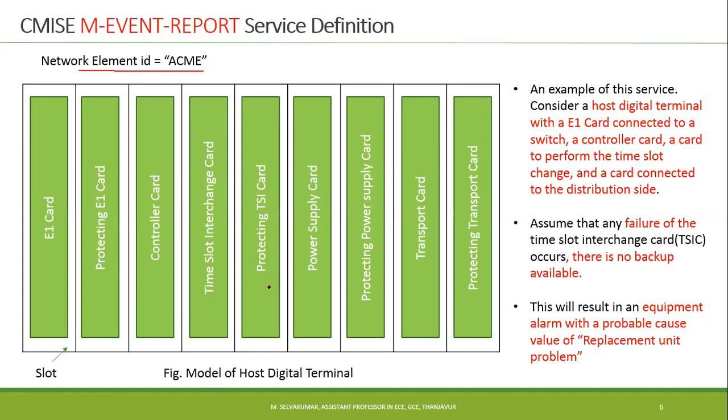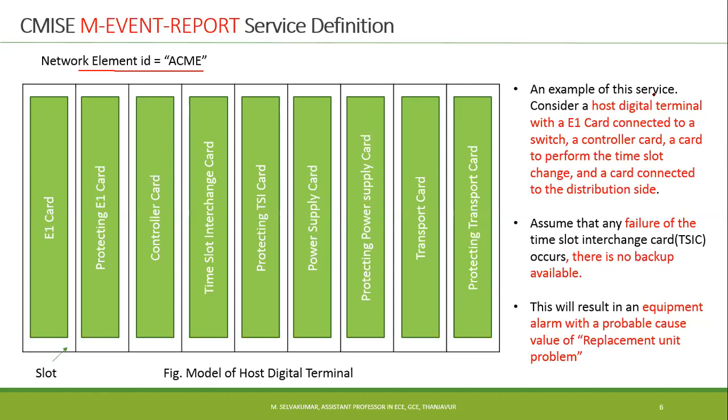Similar to this, in our desktop system there will be a motherboard. In the motherboard there are some slots. Two slots are given for the RAM. We can use a 512 GB memory in a single slot or a 256 GB memory in each of two slots. If one of the slots fails, we remove that slot and use the remaining one. We can manage the work. That is the service.